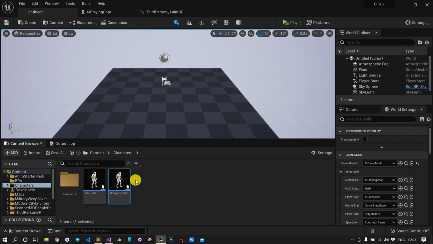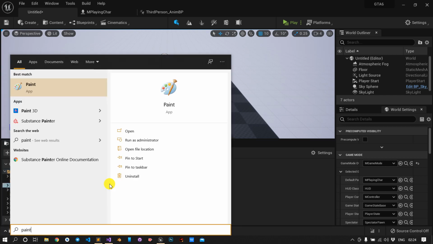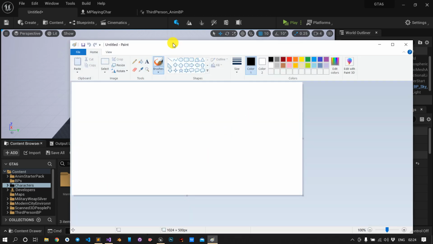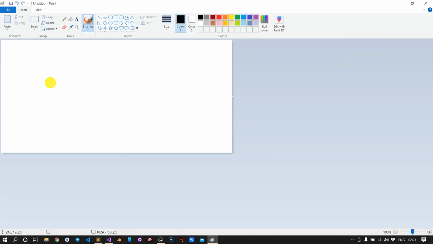So now what today we will do, we will give the vision to AI. What does it mean? Let me open Paint first and I will show you my drawing skill. Okay, wait. Yes, so if we have the AI here and we have our playing character here, to have the vision for the AI, we need to tell it whom I want to observe. So every actor which needs to be observed by the AI should have some stimuli source. Okay, so this is the first criterion.